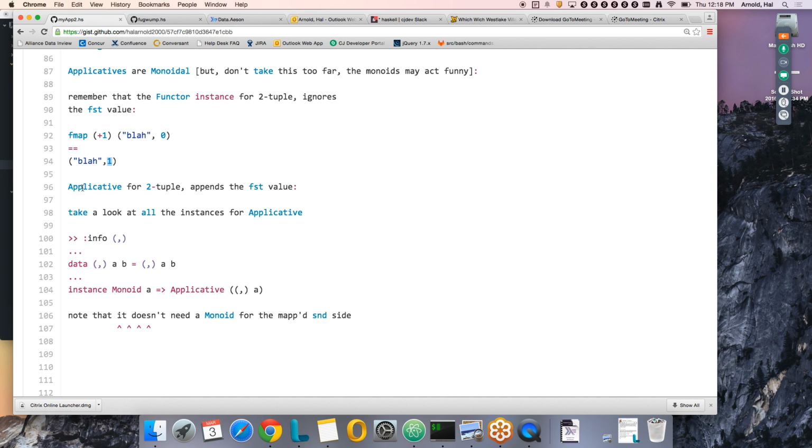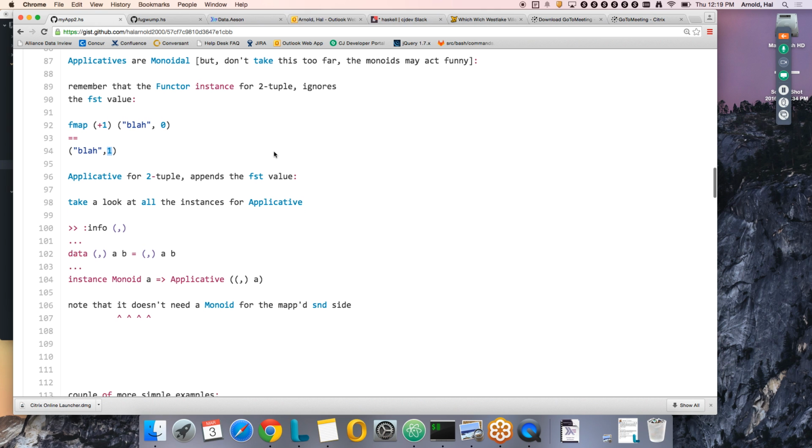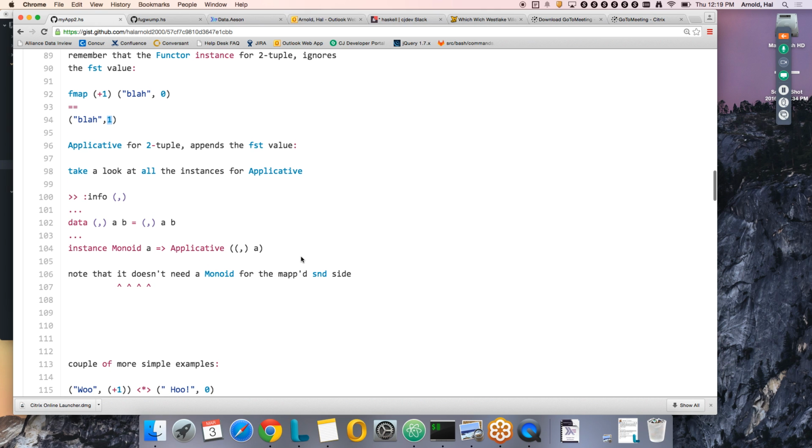Same thing. We'll take a look at the applicative for 2-tuple in a second when we do the TIE Fighter. But if you do an info on tuple, and I won't do that in here, take my word for it, you'll find that one of the many instances that spits out, in other words, all the instances of the tuple case, you get the definition for the data type here, and then a little while longer you'll see that the applicative for tuple, given some value on the right side, that value has to be